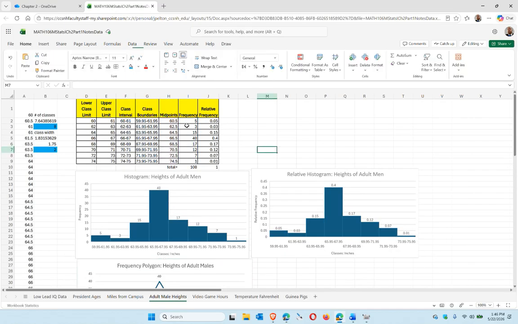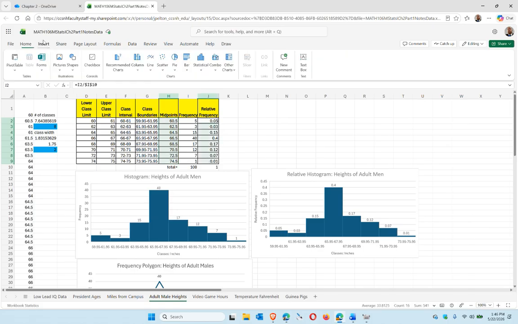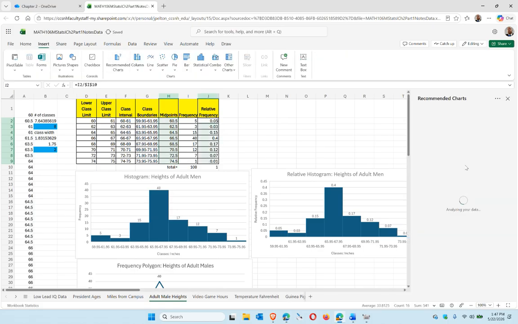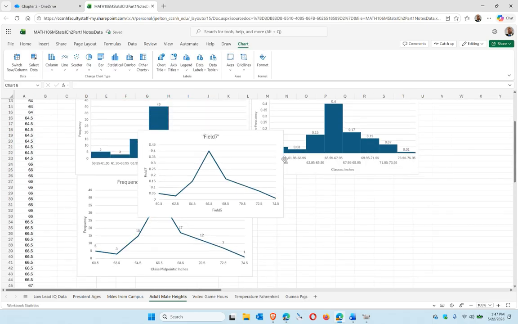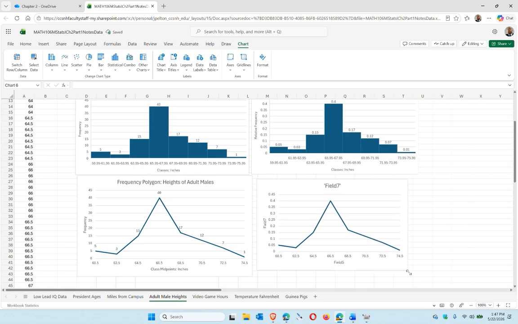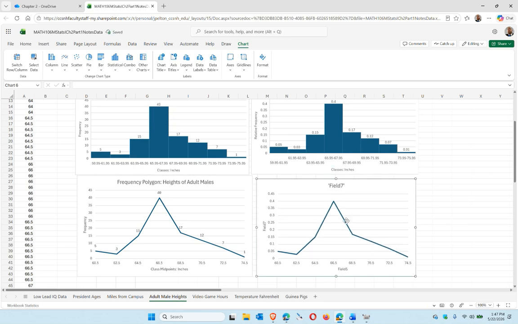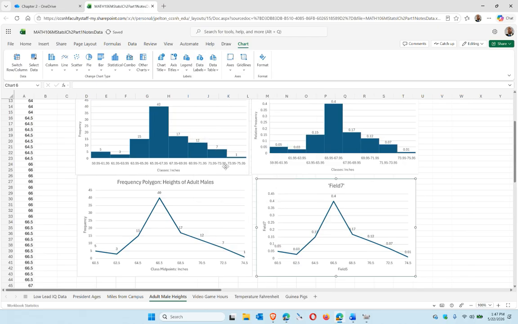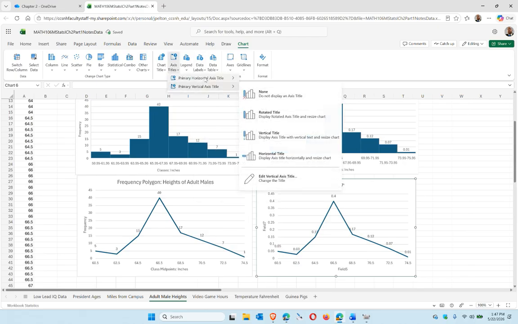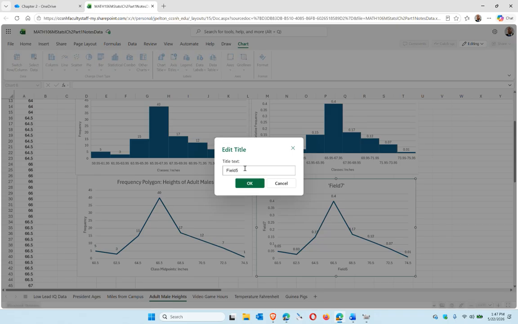All right, and then we also want to do one more. So we're going to go up. We're going to highlight the midpoints. We're going to hold the control key and then do the frequency this time. Relative frequency, sorry. Insert. I'll do recommended again, and we'll just kind of scroll down, find a line, insert it. Okay, and then there we go. All right, so they're already there. We just need to change them. All right, so data labels above. Axes horizontal edit. So this is the class midpoints,